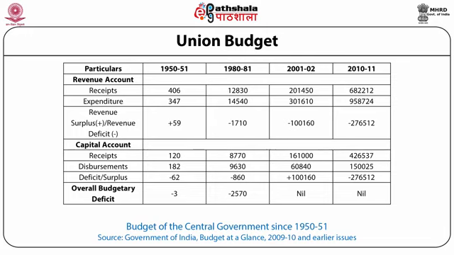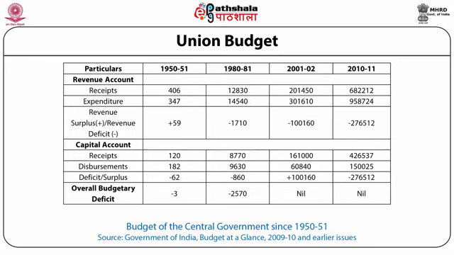And when we look at the revenue surplus or revenue deficit, India had a revenue surplus in 1950-51 to the tune of 59 crores. But afterwards, a revenue deficit has been observed for the later years as given in the table. If we look at 2010-2011 figures, the revenue deficit was